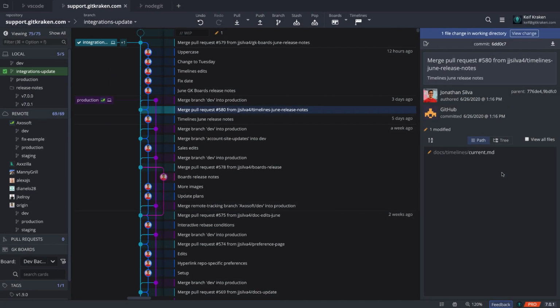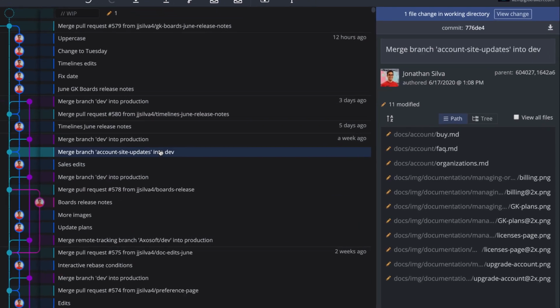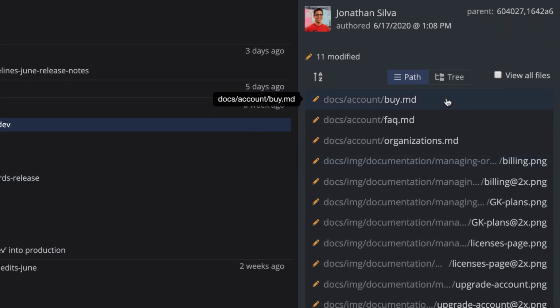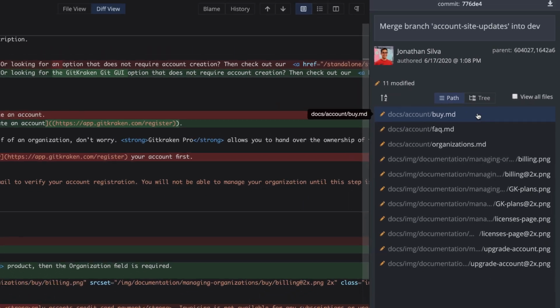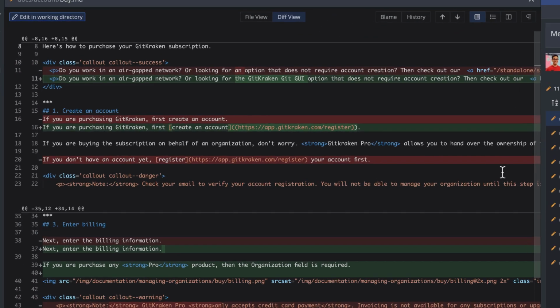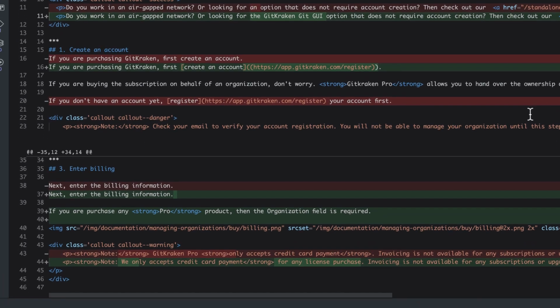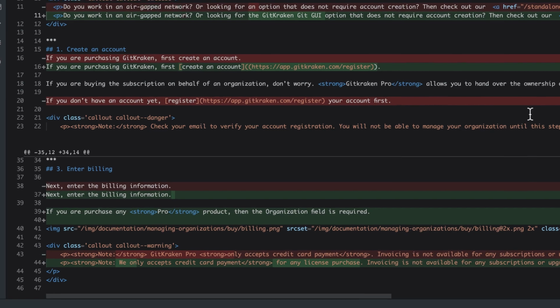If you click a commit in a graph, GitKraken Git GUI will list all the files changed from that snapshot. Click any file to open the diff. Lines that were added will show in green, and lines that were deleted will show in red. If code was both added and deleted from the same line, GitKraken will show both together. By default, the diff will display in hunk view.